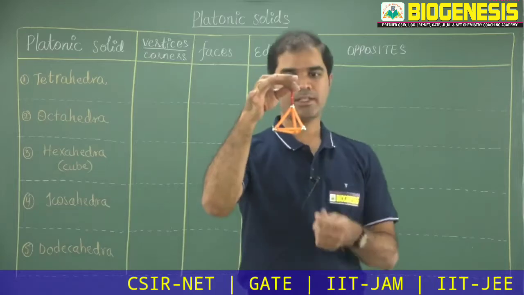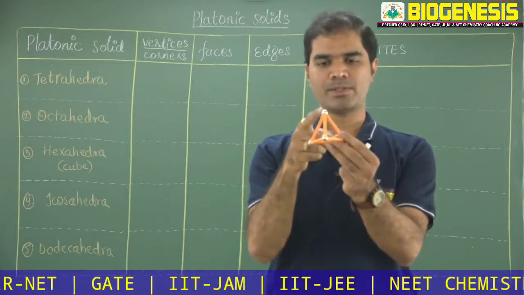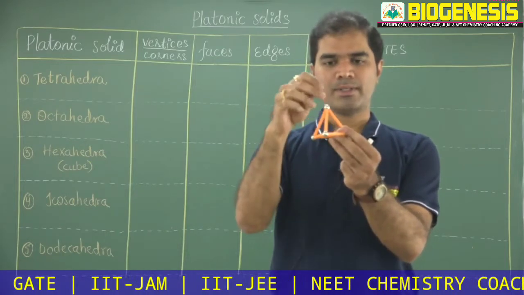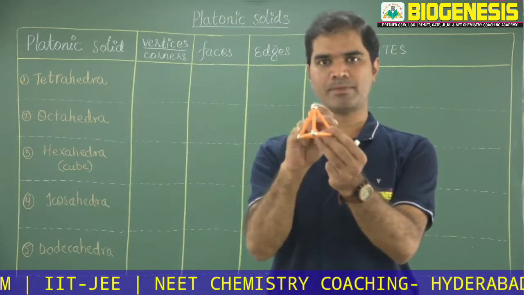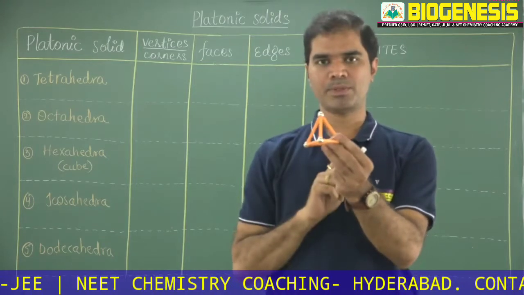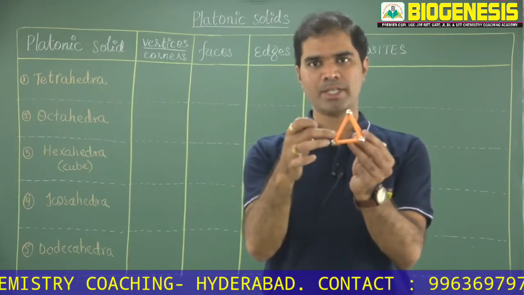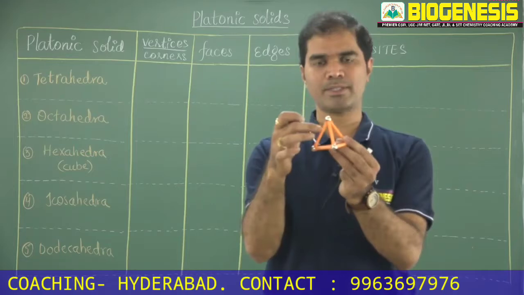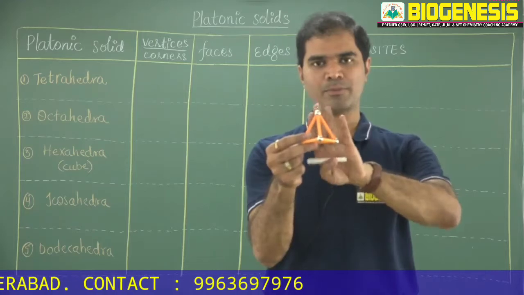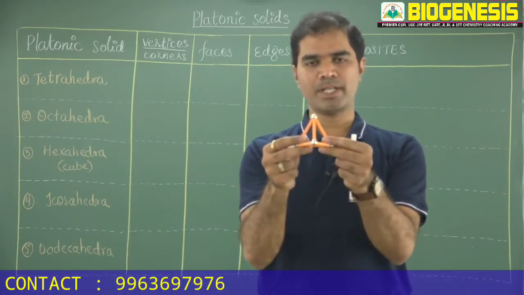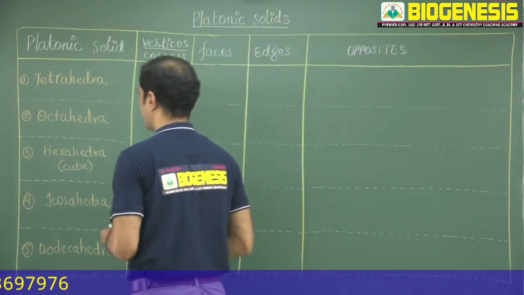Now beginning with the tetrahedra, it has 4 vertices or corners. These are vertices. Emerging out from these vertices are the edges. 3 edges are above and 3 edges below. So altogether it is making up 6 edges. The combination of these edges is making faces, and these are triangular faces. There is one triangular face towards your right, one towards your left, one away from you and one below. Altogether it is making 4 triangular faces. Since every face is a triangular face, we can call it a deltahedra.